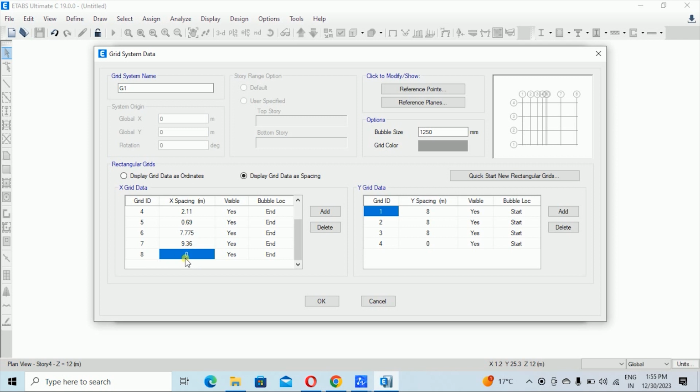We will keep 8 as a 0 because it is the end grid line, and similarly we will change in